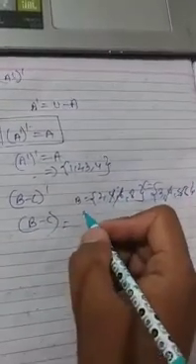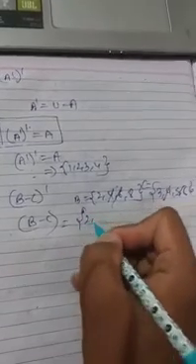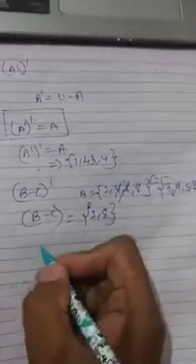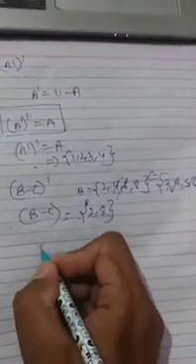B only. B minus C, we get {2, 8}, because we always write the values of B. Okay. Now we have to find (B minus C) complement. So what will we do?